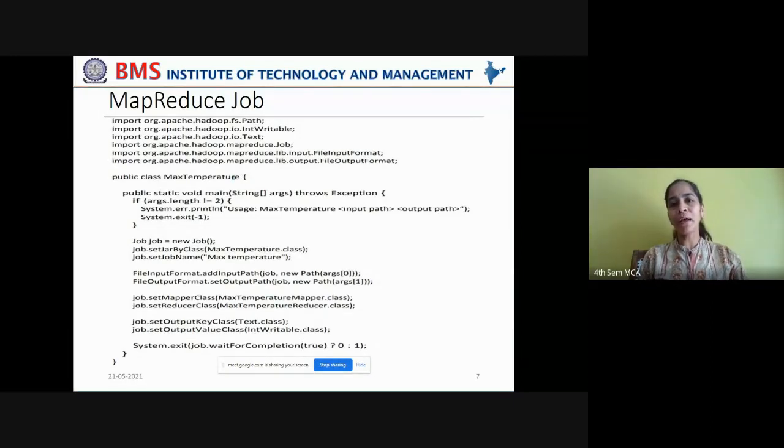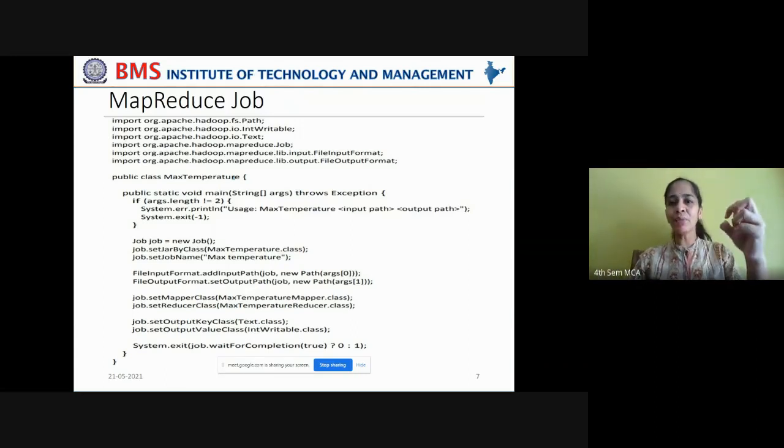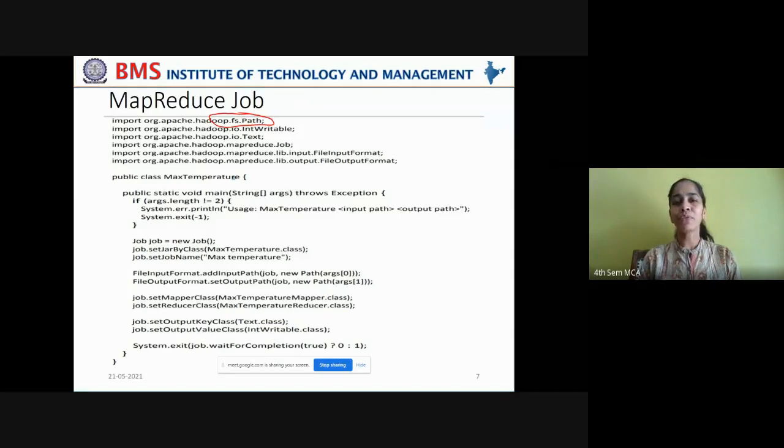Okay, for this you need to read the data. In order to perform this MapReduce task, you need to read the data from an input file, convert it into key value pairs, hand it over to the map phase, which again converts it into key value pairs and gives the output to the reducer phase, which gives the final output. And that output again will be written to another file. In this process, you're reading the data from a file and writing the output to a file. So you need an input file and you need an output file. For that, you have to work with file system paths. So you have to import org.apache.hadoop.fs.Path. You're going to work with paths.